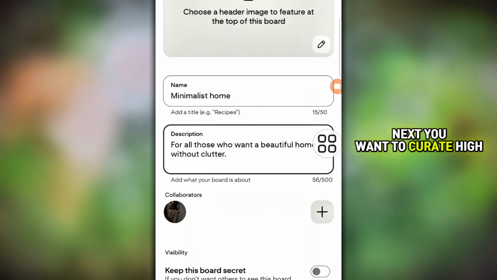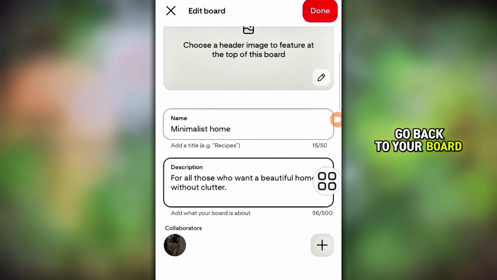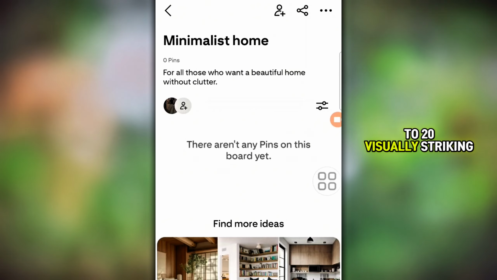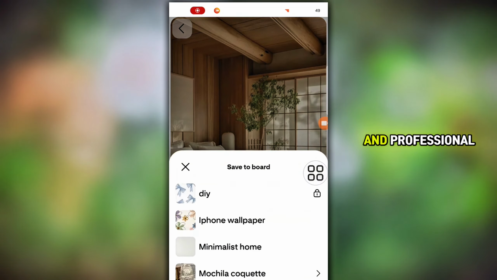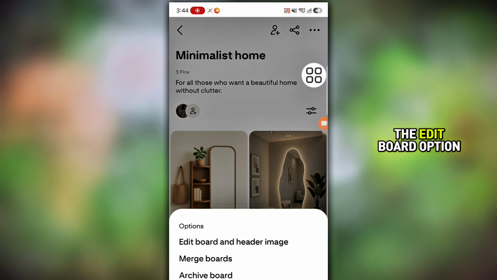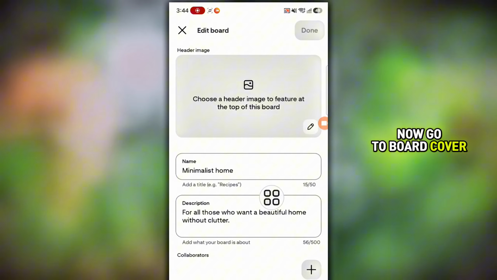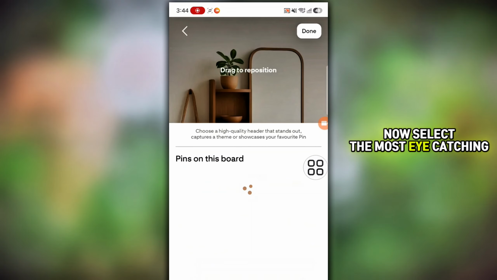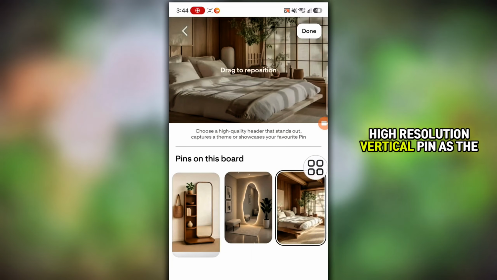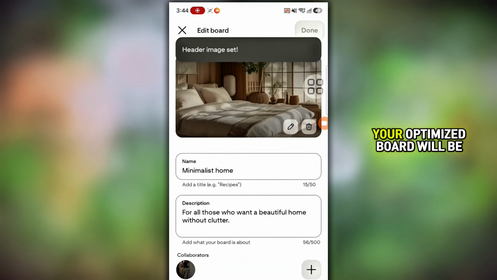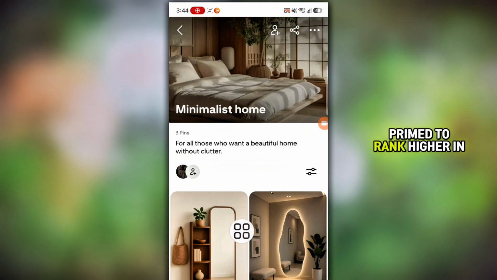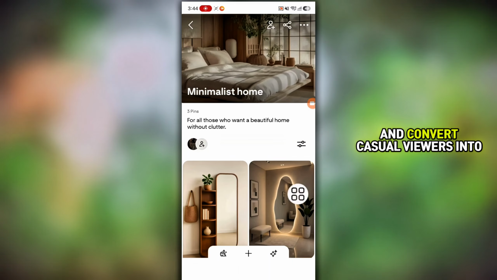Next, you want to curate high-quality covers. Go back to your board and save at least 15 to 20 visually striking, high-performing pins. To make your profile look cohesive and professional, you want to click on the Edit Board option. Now go to Board Cover. Now, select the most eye-catching, high-resolution vertical pin as the main display. Once you save your changes, your optimized board will be primed to rank higher in search results and convert casual